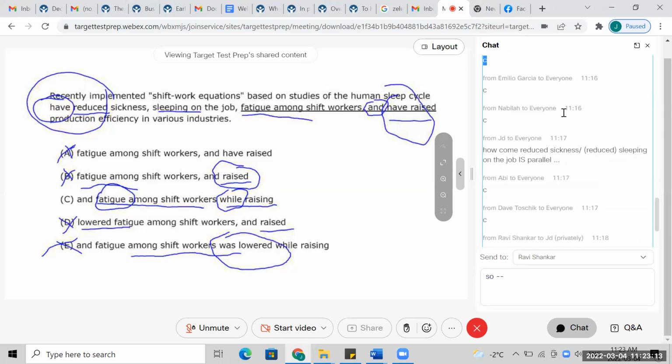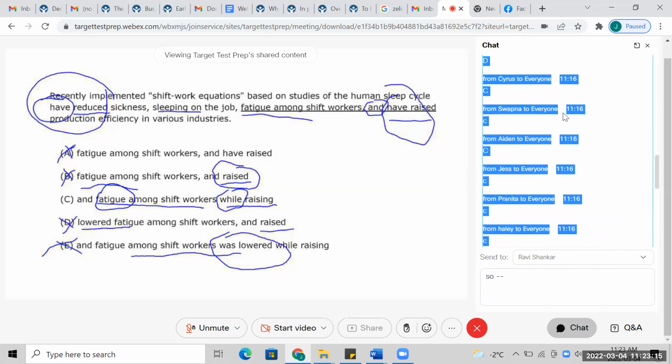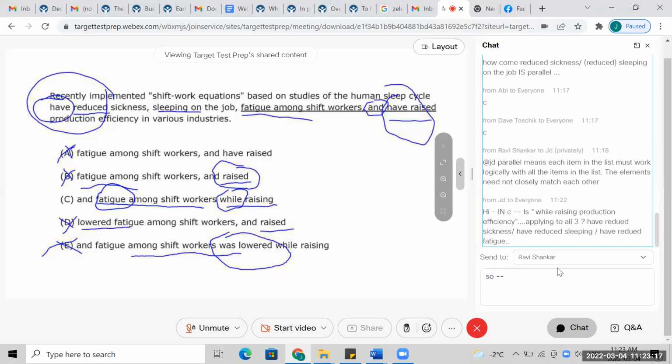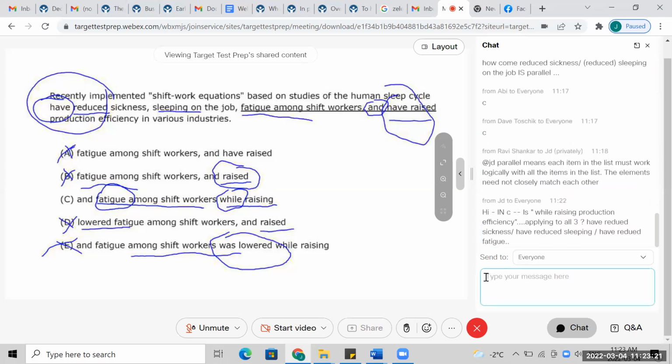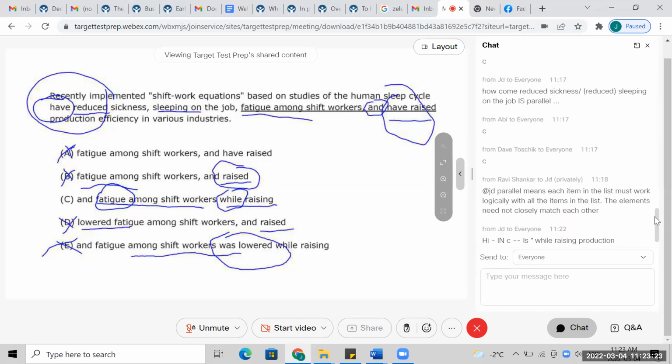Okay, do we have "while raising production"? I don't know, does this "while raising production efficiency" apply to all three? I guess so. Yeah, I think so. Okay, let's